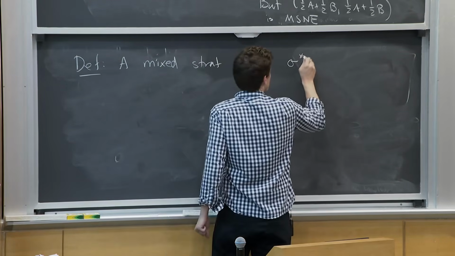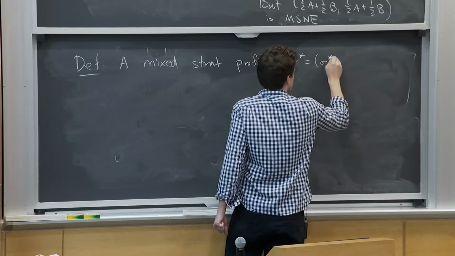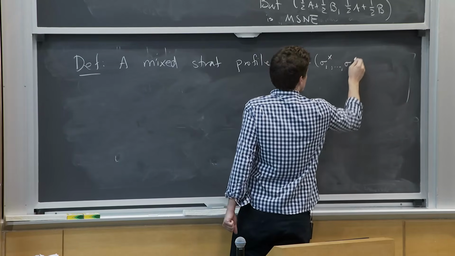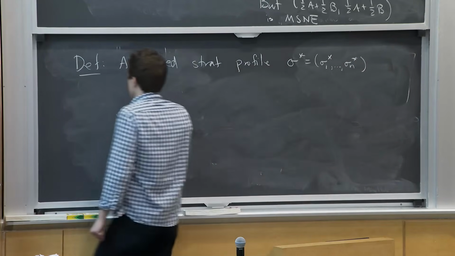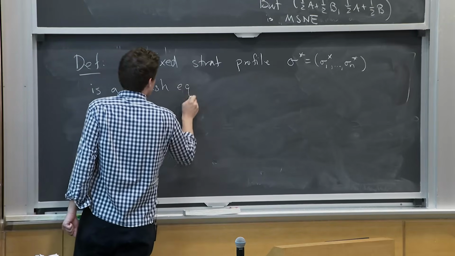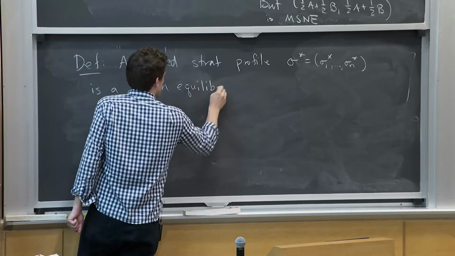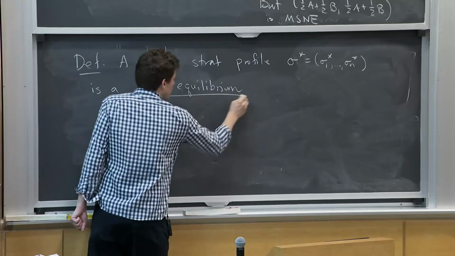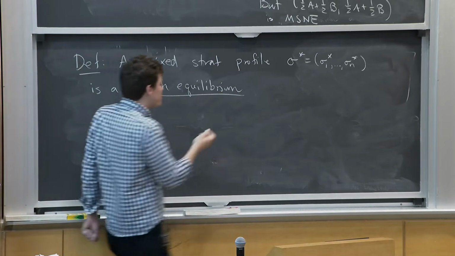So sigma star equals sigma 1 star, through sigma n star, is a Nash equilibrium, and we'll give exactly the same definition, if for each player i,